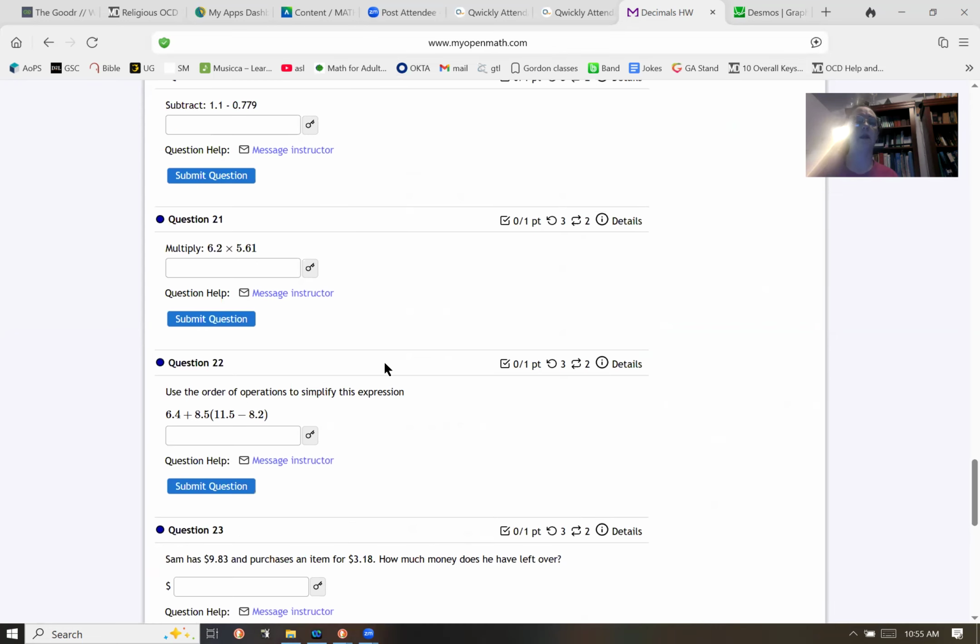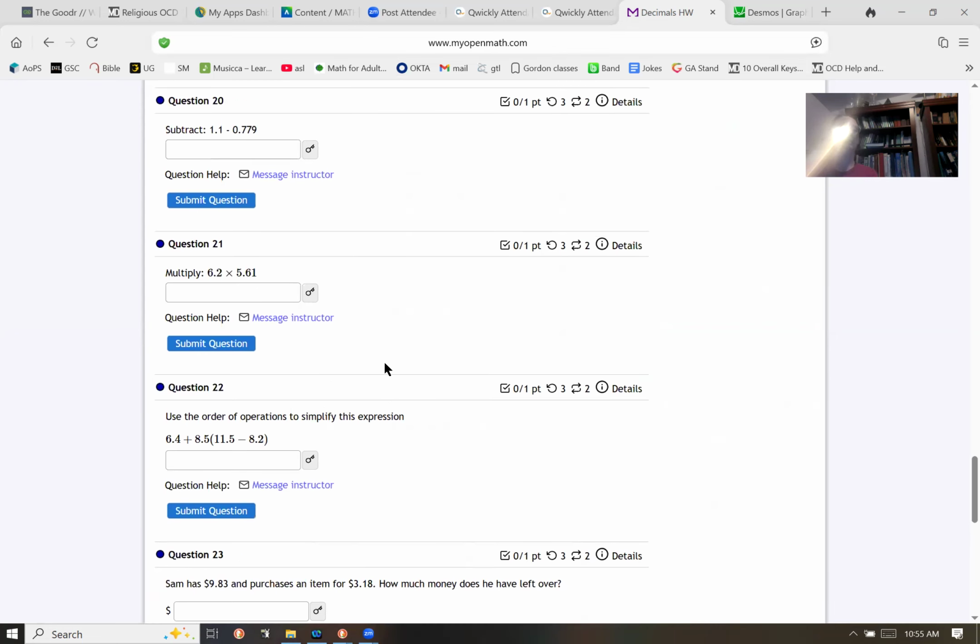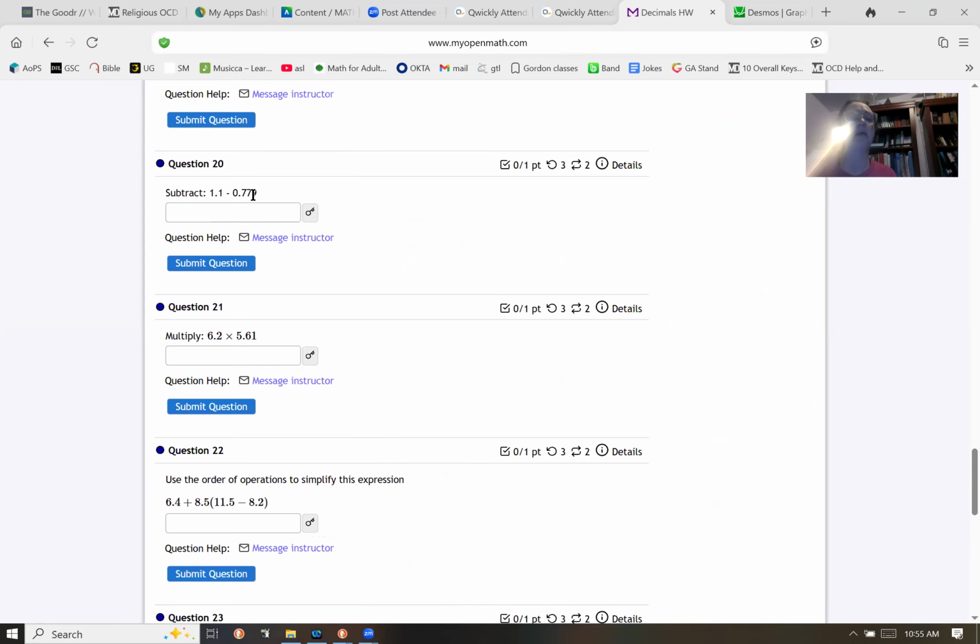All right, next we have a multiplication question, but I'm going to skip over it for right now because here's another subtraction question, and we were just talking about subtraction. So let's go ahead and do this. We have 1.1 minus 0.779. So let's make sure that we line up our decimal places. There's our 1.1 minus the